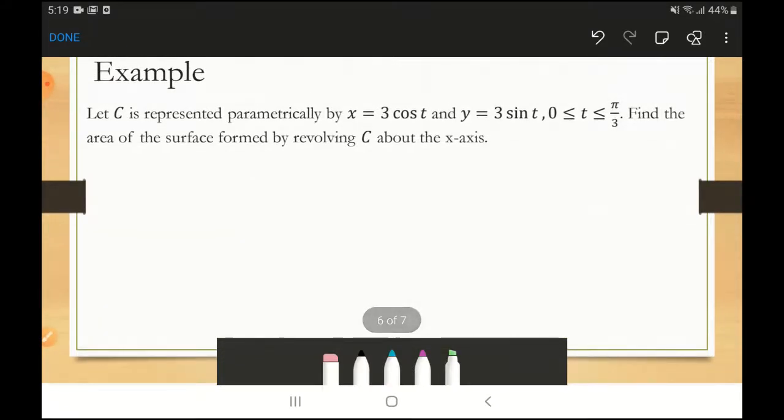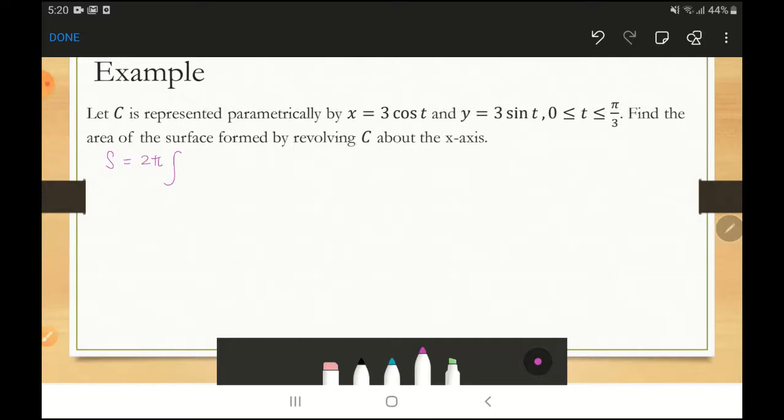Now let's try an example. Let's say C is represented parametrically by x equals 3 cos t and y equals 3 sin t, with t from 0 to pi over 2. Now find the area of the surface formed by revolving C about the x-axis. So we revolve this about the x-axis, so our surface area will be 2 pi times